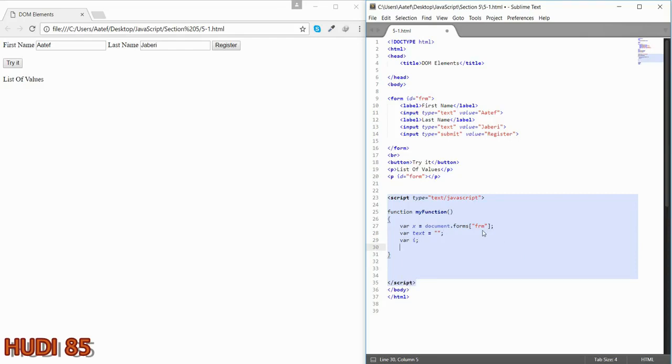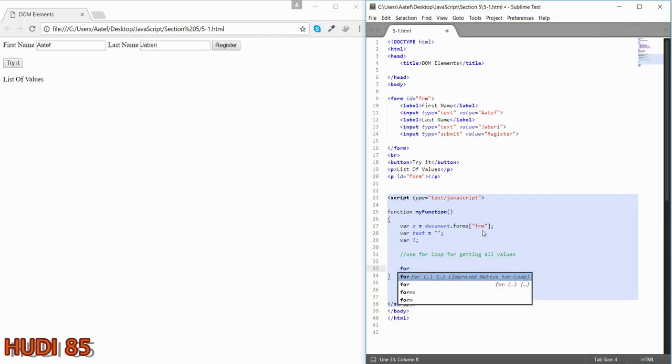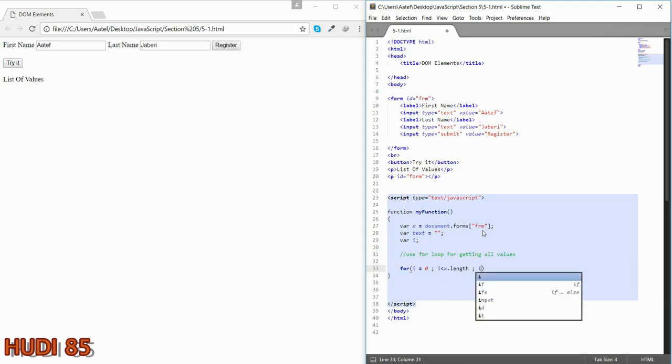I use the for loop for getting all values. For i equals 0, then i less than x dot length, i plus plus,